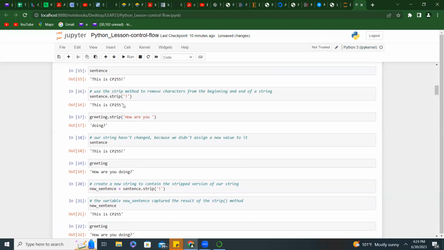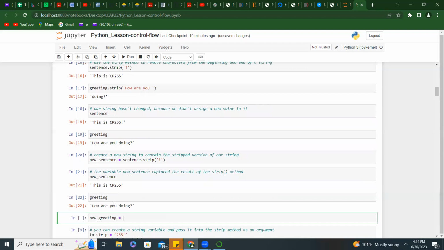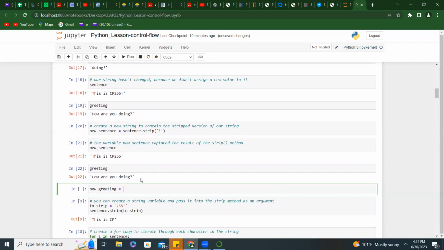Let's assume we want to take the original greeting, how are you doing, and remove "doing" and leave "how are you" only. To do that, it will have to be greeting dot strip